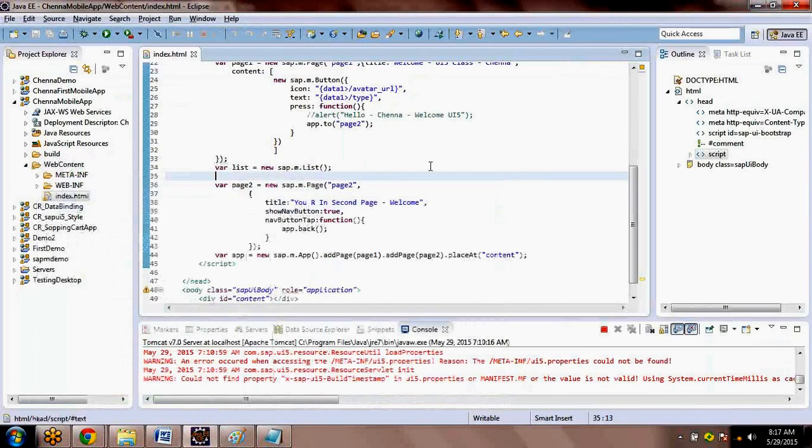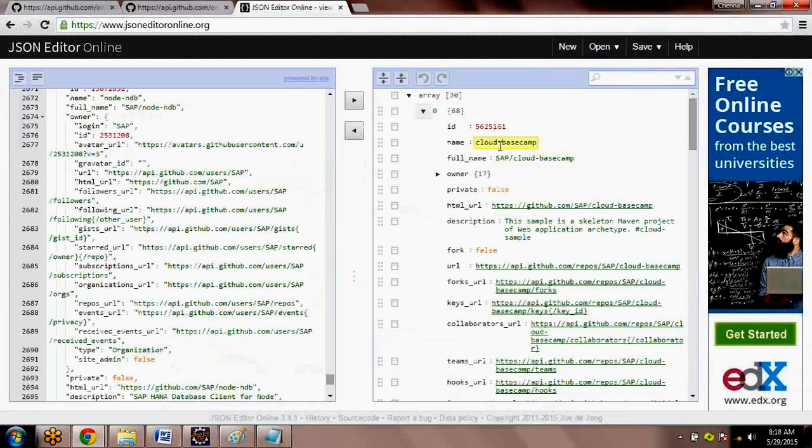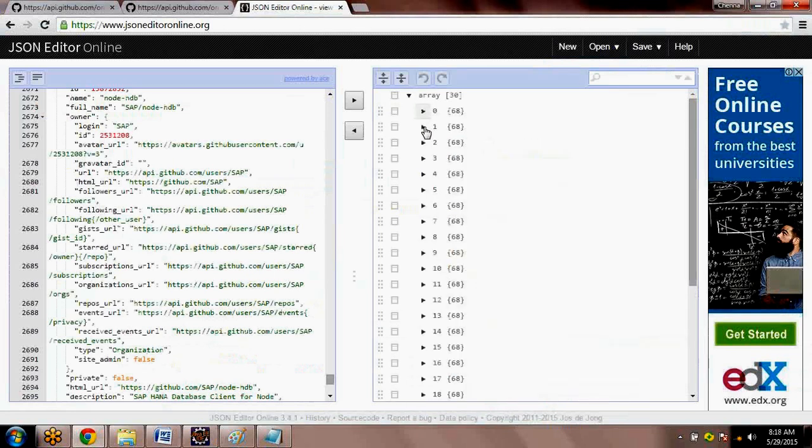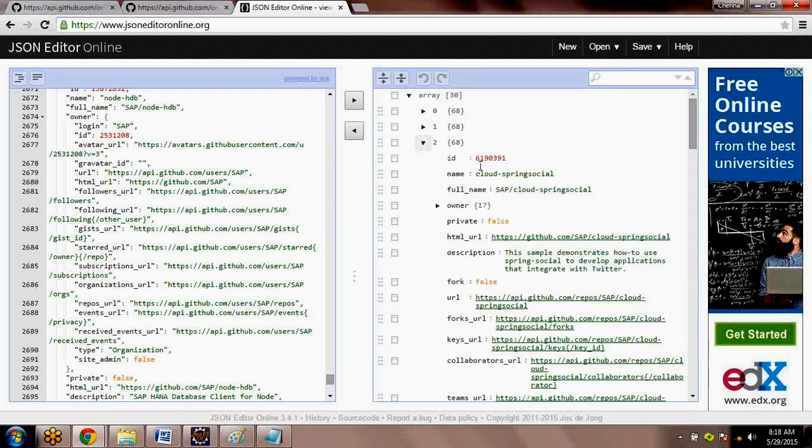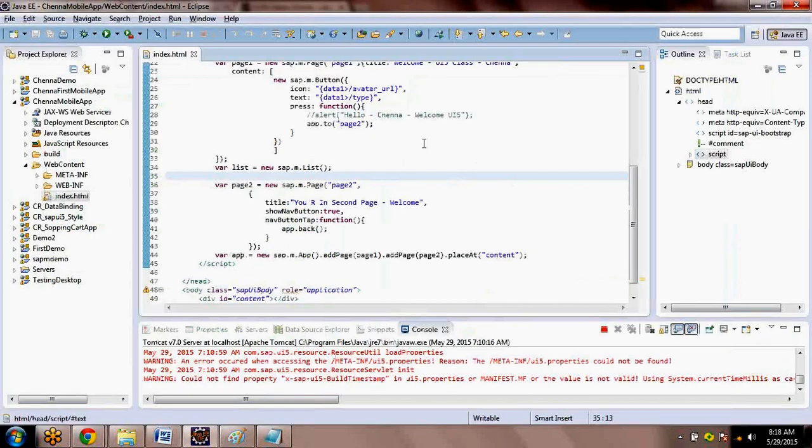Now I need to go to each object and take the name. That means I need to visit the Supreet object and take the name. I need to visit the next object, that's nothing but Sesi, and take the name. I need to go to the next object, that's Venu, and take the name and so on, and put it in the list. How do I do that? That's nothing but list dot. In the list, I need to keep all the names. Therefore, there is something called bindItems. Inside the list, there is a method called bindItems.